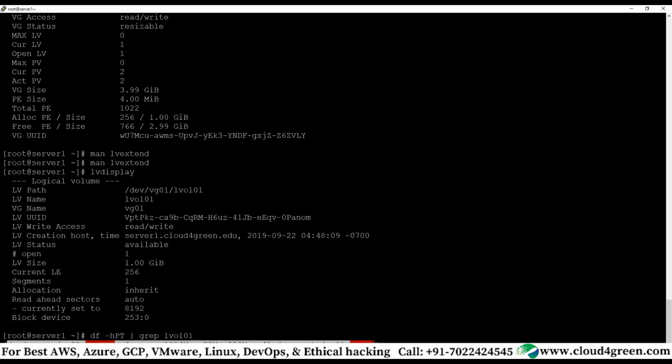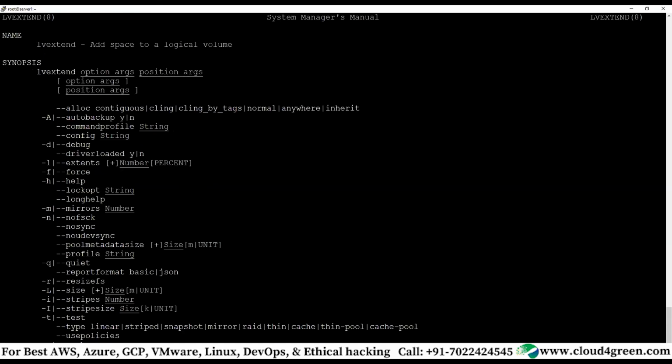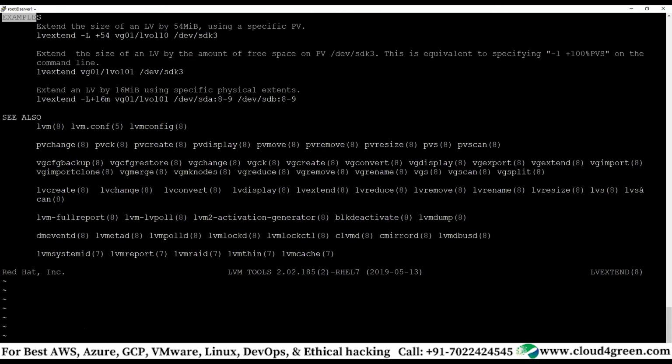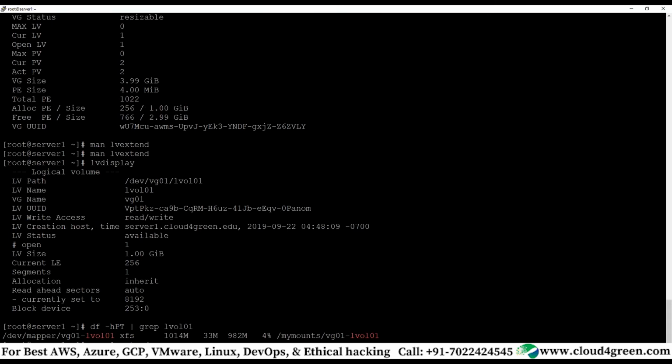So what you do is lvextend minus L, capital L, and you need to add plus, because you are adding. So lvextend minus L plus 200M.